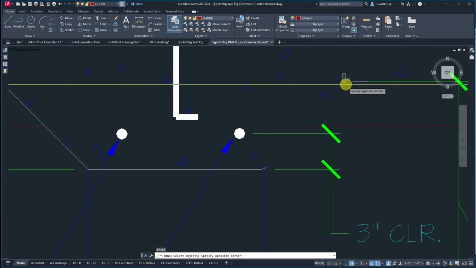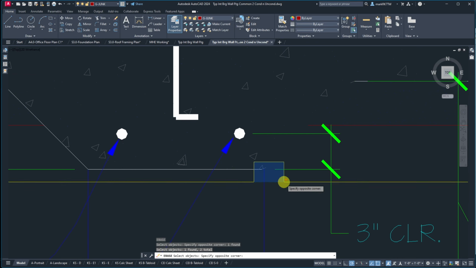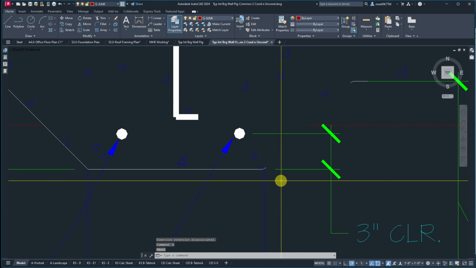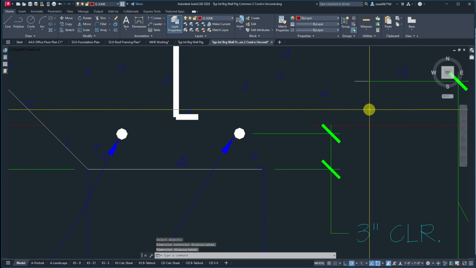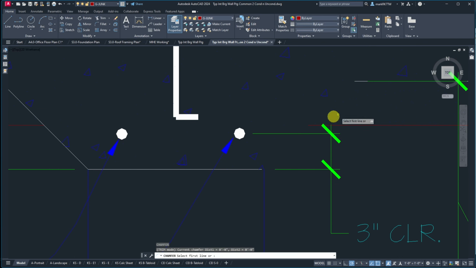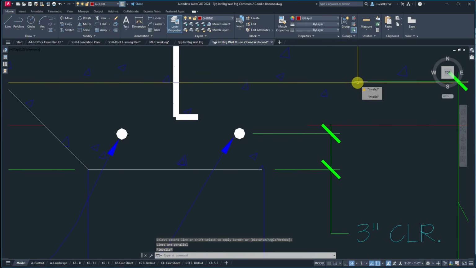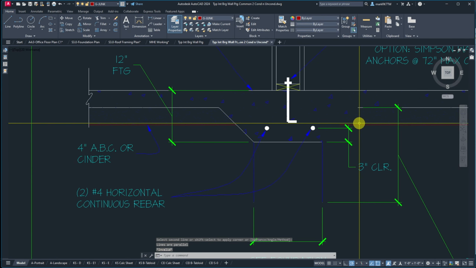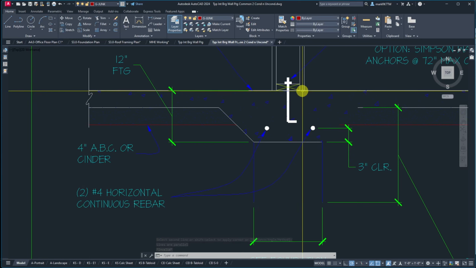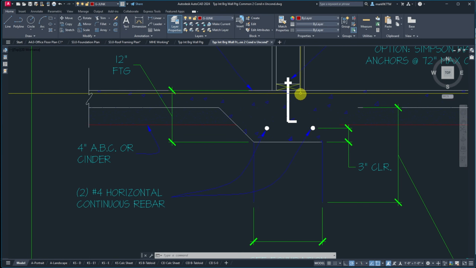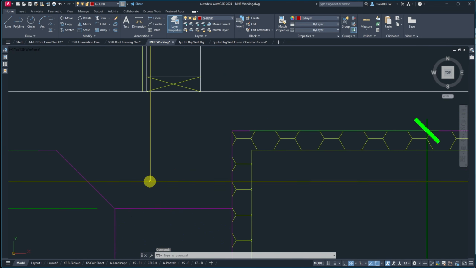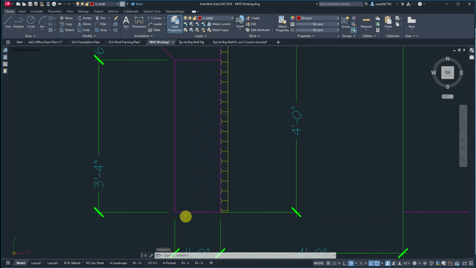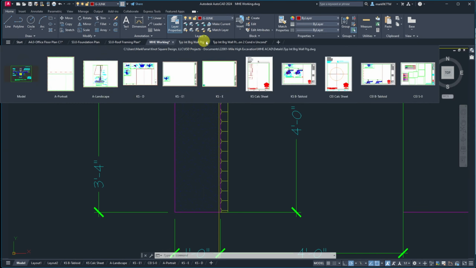And, ooh, I got some weird lines going on there. I don't know what that's about. Undo. I want to keep my concrete. And then I need to chamfer this. I bet a fillet command was used there. I rounded it out. Oh, that didn't work. So here, I'm going to bring that straight down. It's not working. I've got a wide footing here. It's a foot wide. So here,